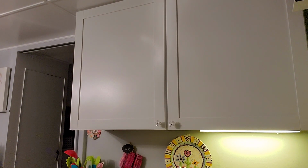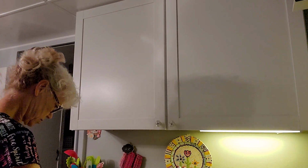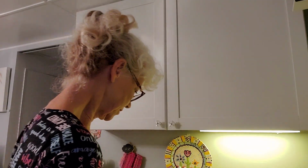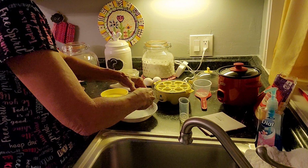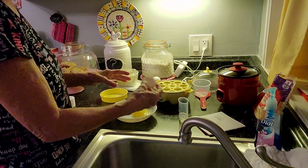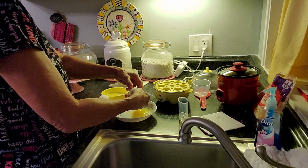Now I'm going to save this extra yolk. Where's my little dish? Right here. So what I'm going to do, oh, y'all can't see. 2 egg whites. So we'll put 1 whole egg in first. And then